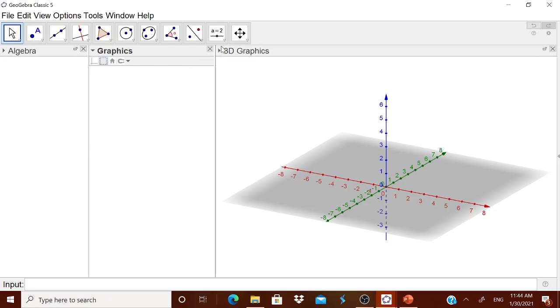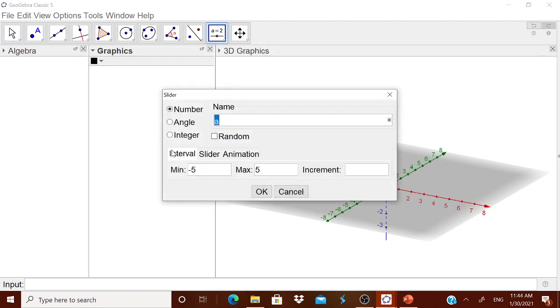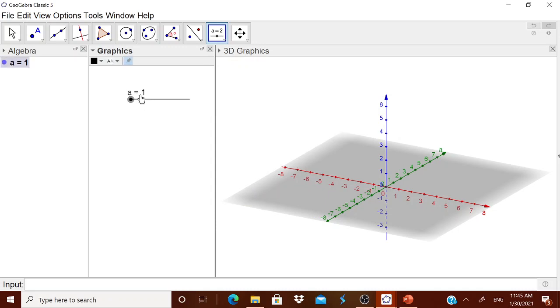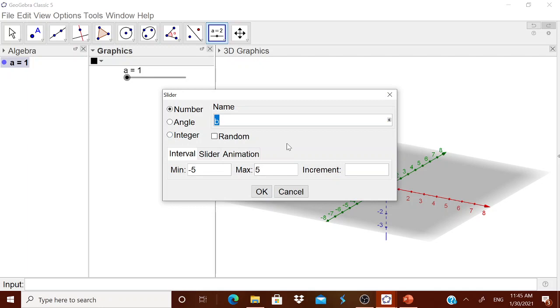Let me have one slider from this graphics view. Let me call the slider small a. It is the radius. You remember, I want it to be the radius. Radius is small a. Now let me have it from 1 because it cannot be 0. 1 to 10, and let me have the increment as 1 or 0.5, whatever you want. Let me have one more slider for b. Again, it goes from 1 up to 10. An increment, let me have it as 1 or 0.1.